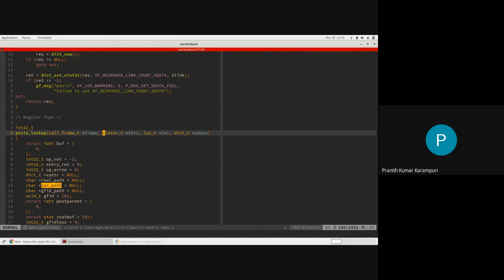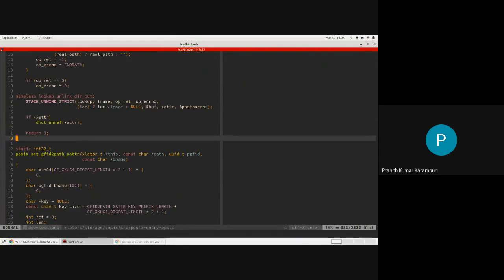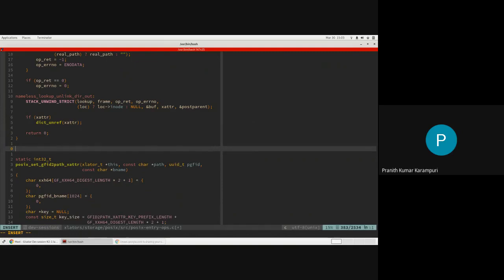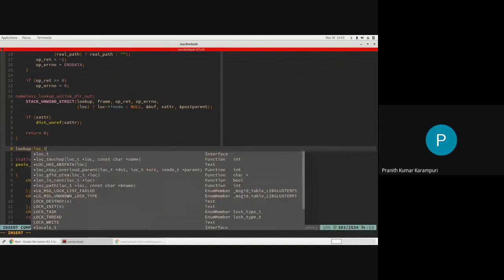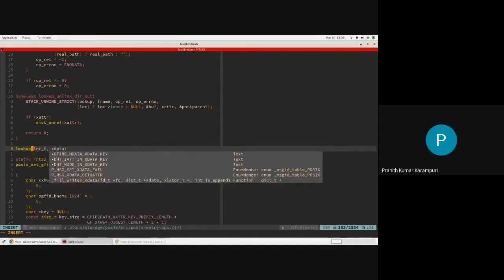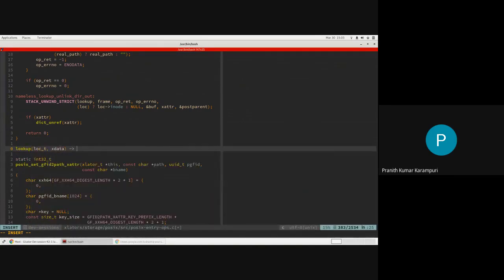But for now, we can think of the whole lookup as: if you do a lookup on a LOC with some options, it will give you the GFID and stat information. Stat information contains the inode attributes, like the type of file, etc. The GFID is the one that we need in GlusterFS to refer to it later. Okay.